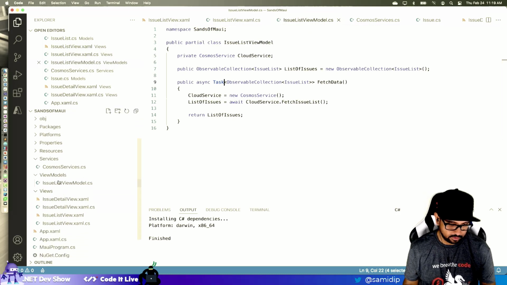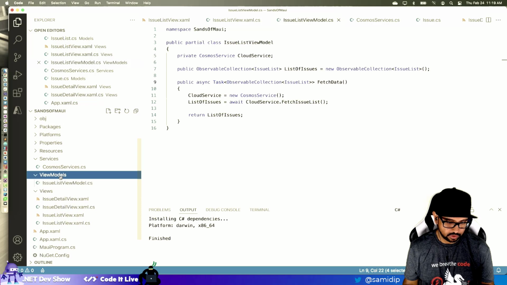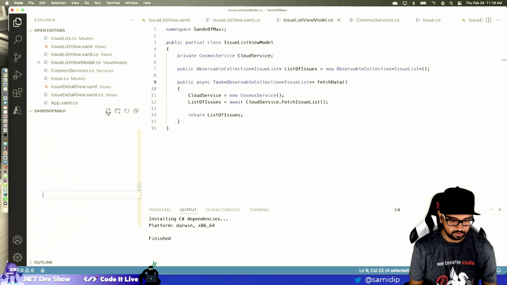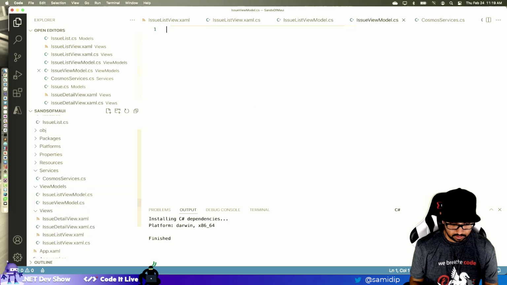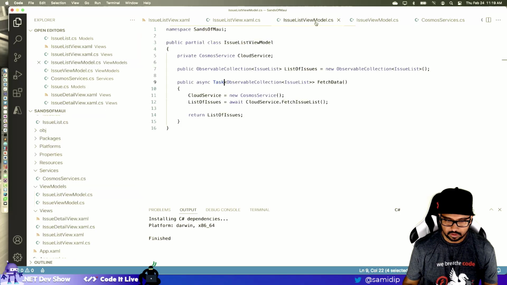Okay, so I need another view model which will eventually pull back that. Issue view model. Yes. And I'm going to copy some here. Issue view model, paste it in here. It's not the issue list view model.